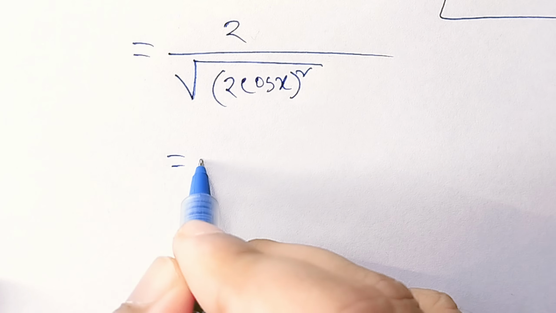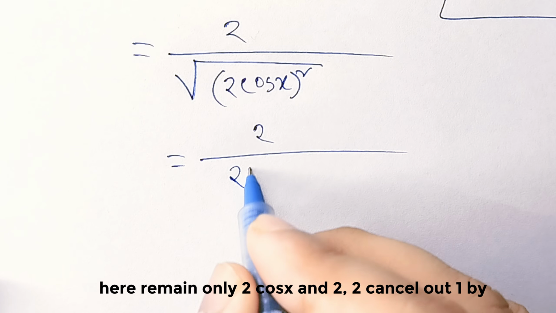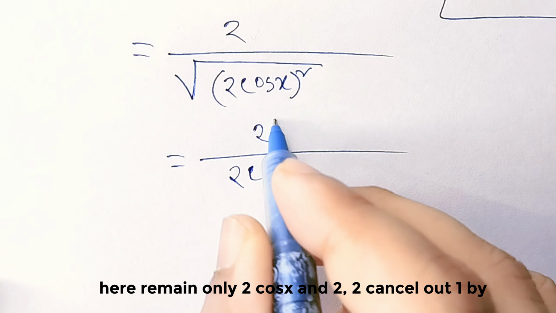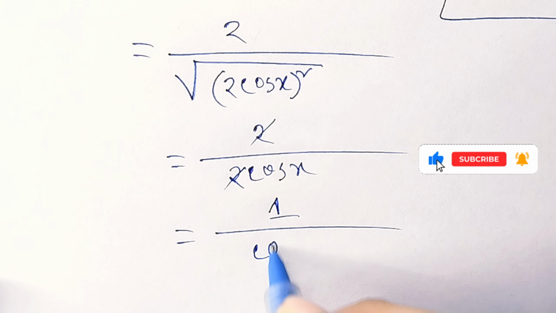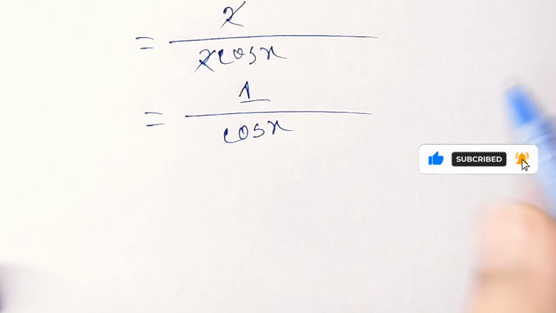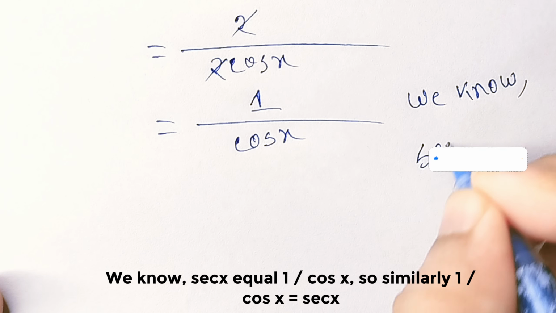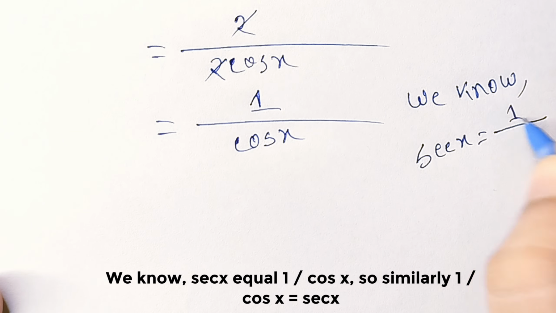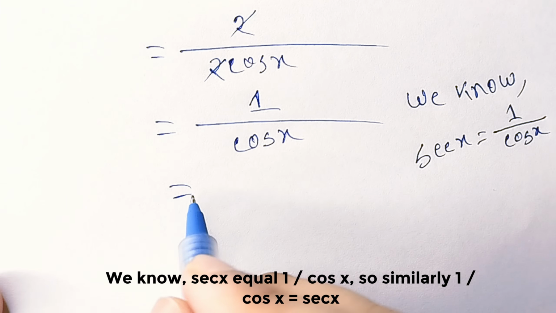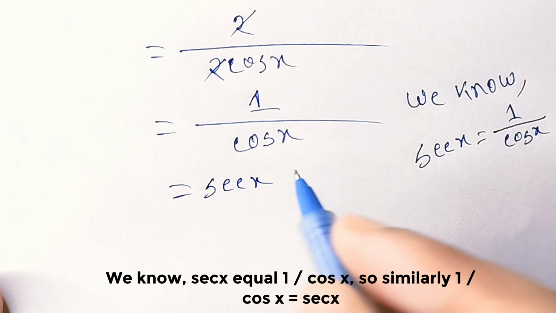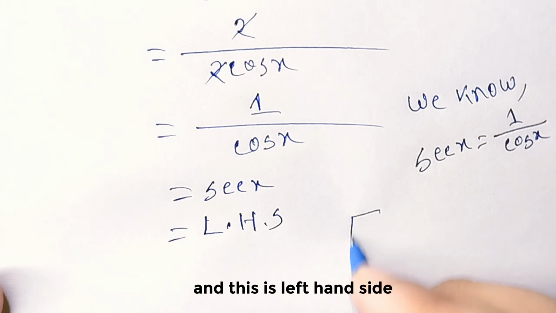Here root and square cancel out, only 2 cos x remains, and the 2s cancel out, leaving 1 by cos x. We know sec x equals 1 by cos x. So similarly 1 by cos x equals sec x, and this is the left hand side,